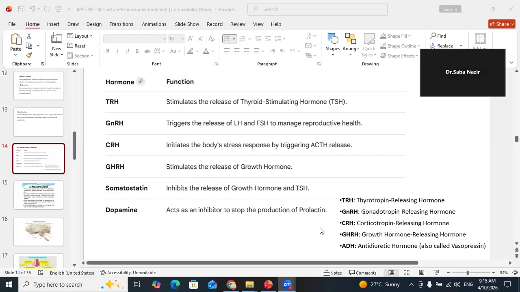GHRH is growth hormone releasing hormone. It stimulates the release of growth hormone. Then somatostatin inhibits the release of growth hormone